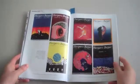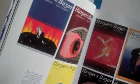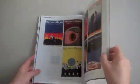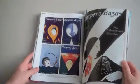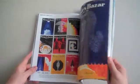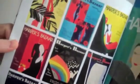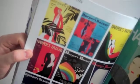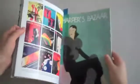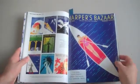But then, you look at this, and Harper's Bazaar has such a history of amazing covers. These were way back in the 1920s or 30s, and you can see really consistent use of masthead and design style. Even back then, they didn't have to do that. Magazines tended to be quite crazy. Mastheads would change issue per issue. I mean, that would be unthought of in a lot of cases now. Your masthead is your logo. You can't change that. It's the most identifiable part of your magazine. But back in those times...